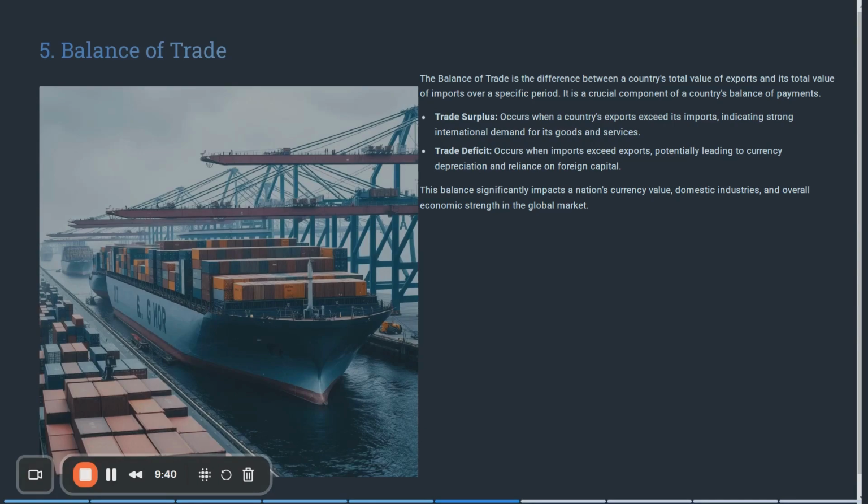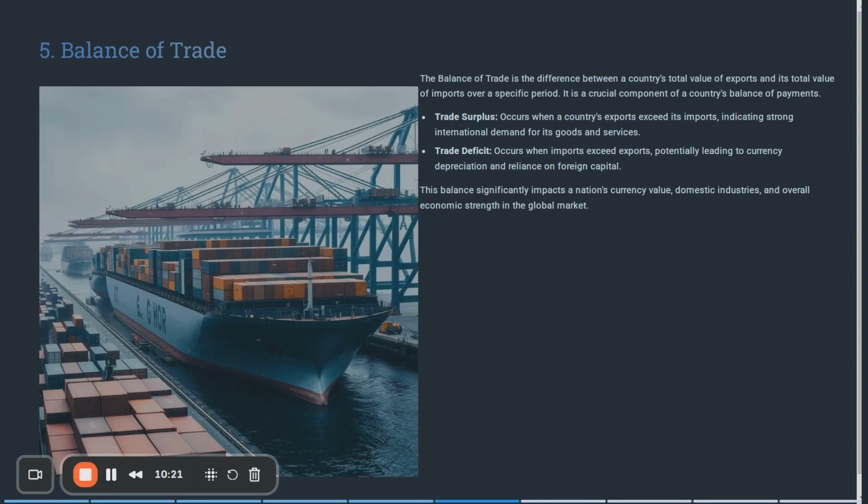When we talk about the trade deficit, it refers to when a country's imports go high compared to its exports, which leads to the devaluation of that nation's currency and the need for foreign capital from foreign financial institutions, foreign governments, and foreign aid. Interest rates are primarily set by the country's central bank to manage monetary policy.